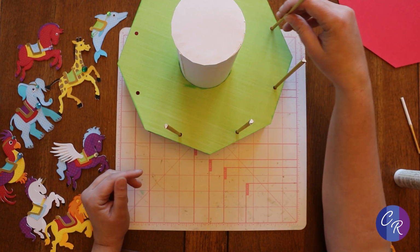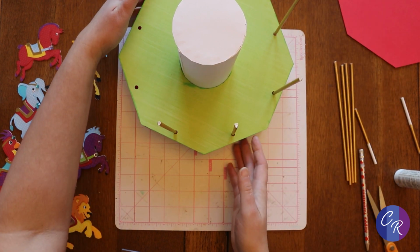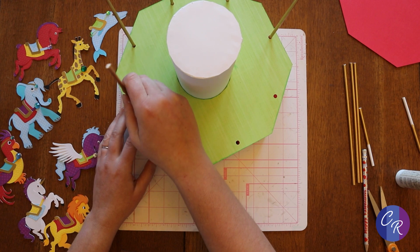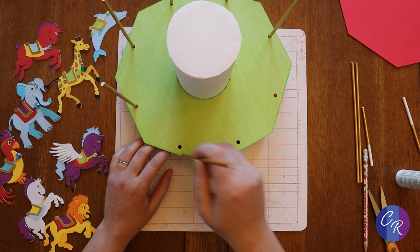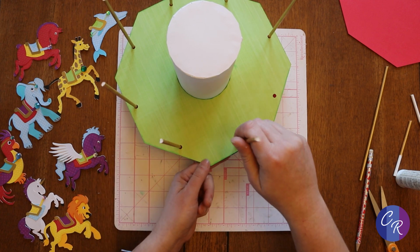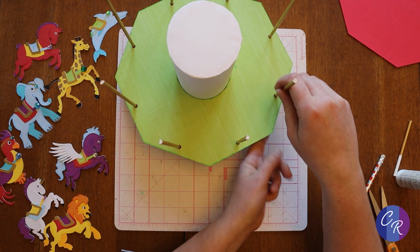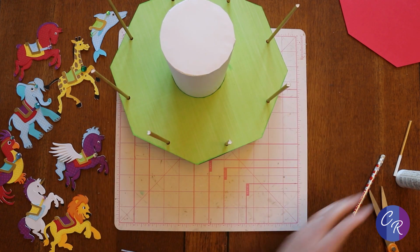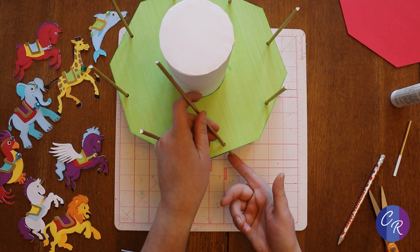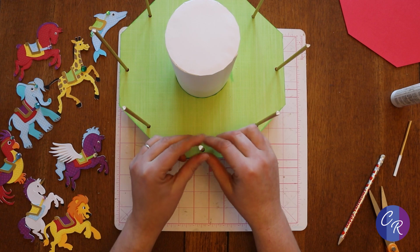And part of the reason I've left the decorative panel up is it helps them stand up a little more straight. It gives it a little bit of support. So while I'm doing this, it'll help keep them where I need them to be. What I'm going to do is go one at a time and just pull it up, add some hot glue to the very bottom, and then put it in place and hold